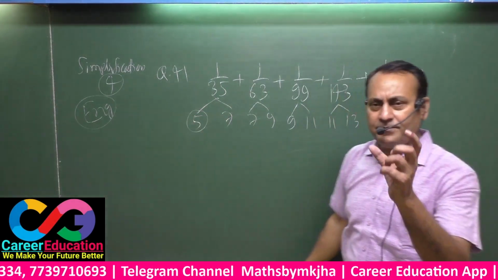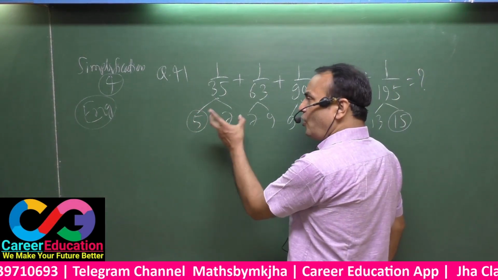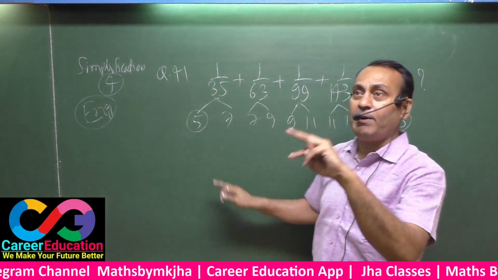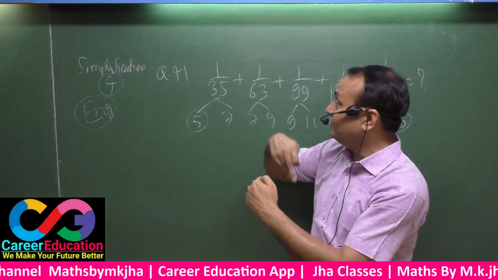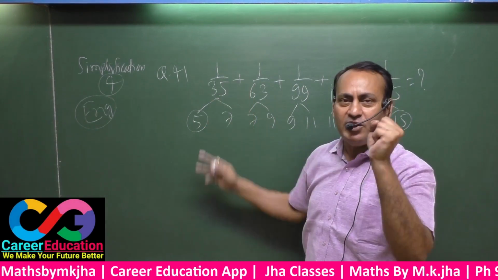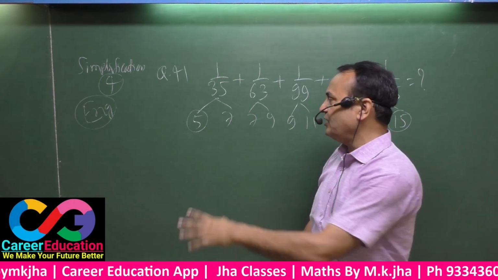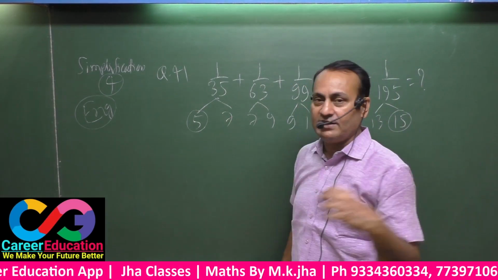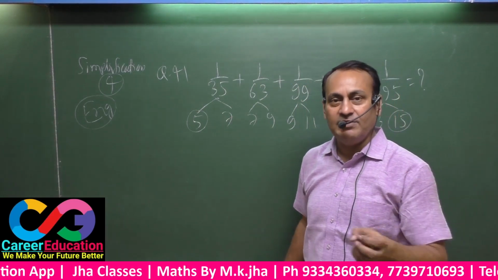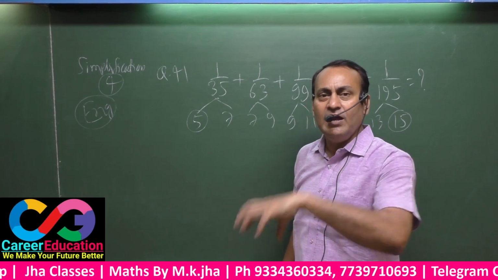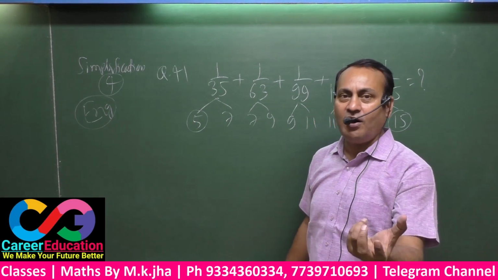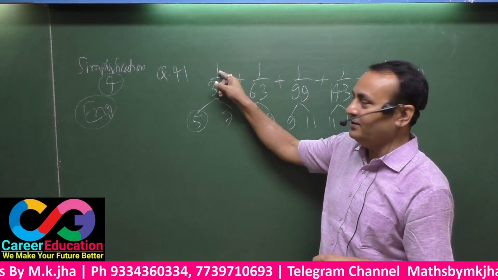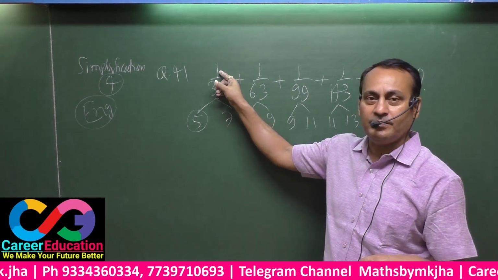But see here, after the multiplication of 5 and 7, you get 35, but the difference of 5 and 7 is 2, and there it should be only 1. That means your difference must be only 1, and that is never possible here. If 5 and 7 are the factors of 35, so 5 into 7 is equal to 35, you are getting the difference of 5 and 7, that is 2. That means here it should have been 2.